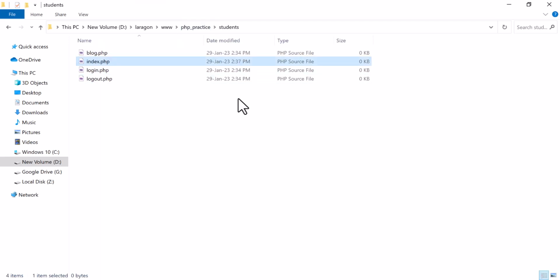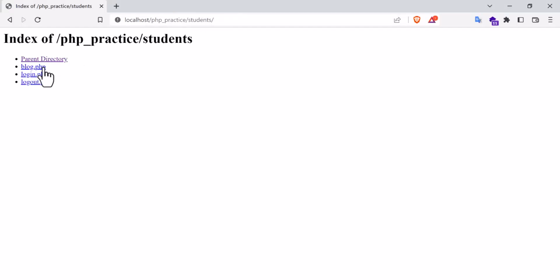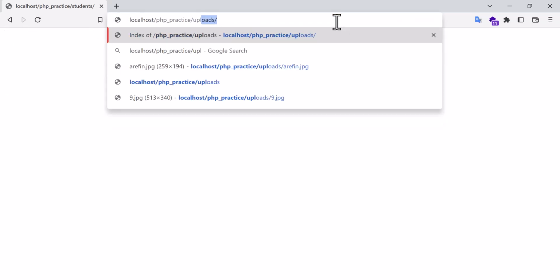Now, if that person wants to see the things in the students folder, he will see nothing, a completely empty page. So it is not possible for him to see the file list. Similarly, in the uploads folder, he will see a blank page,